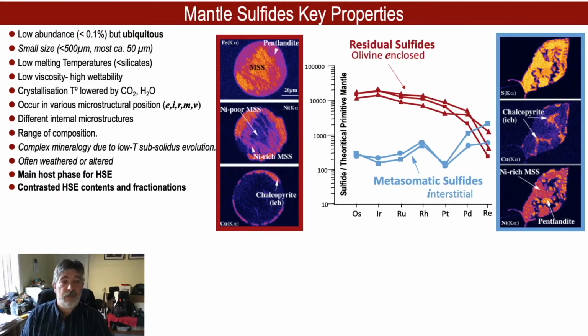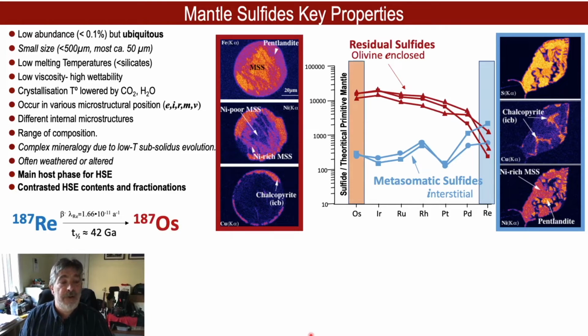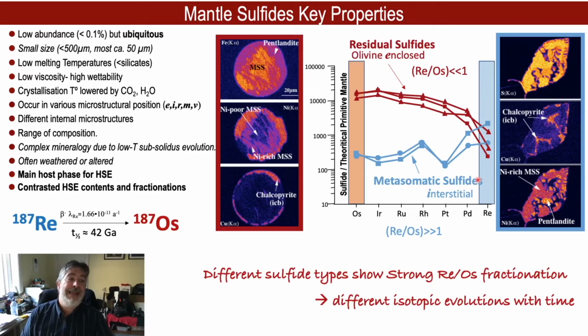Within the HSE groups, two elements are of particular interest: rhenium and osmium. Rhenium behaves like palladium. 187 rhenium decays into 187 osmium with a half-life of roughly 42 gigayears. However, osmium behaves like iridium, thus large rhenium-osmium fractionation occurs within and between sulfide types. This is excellent for dating, as each sulfide evolves with time towards very distinctive